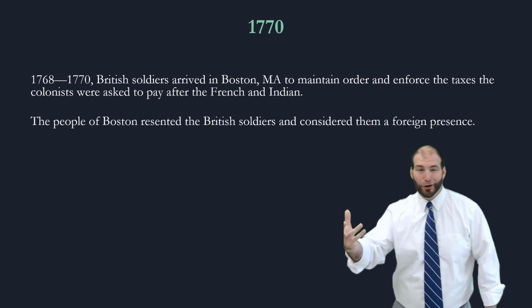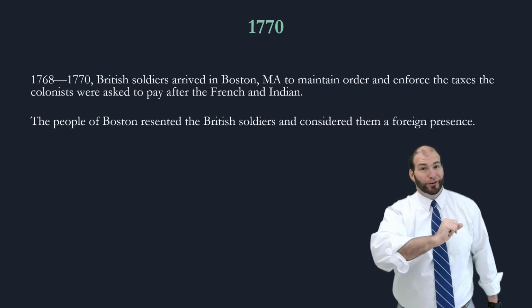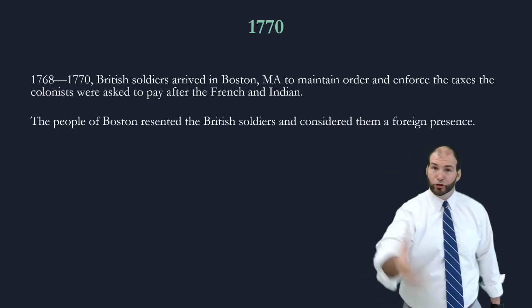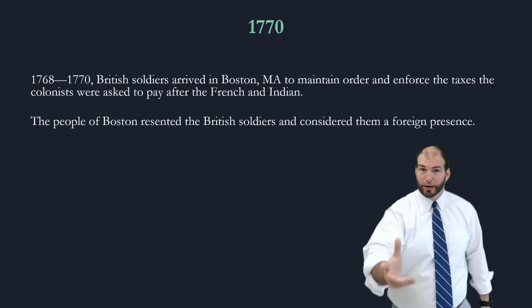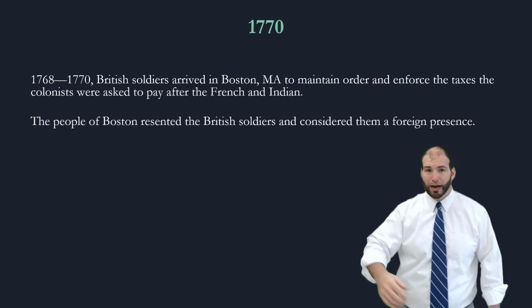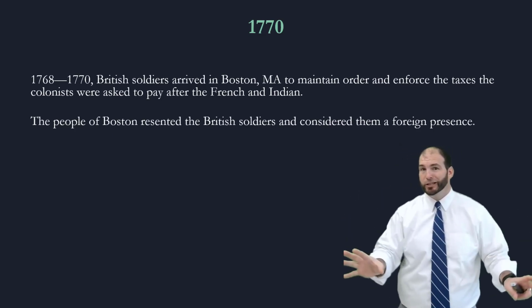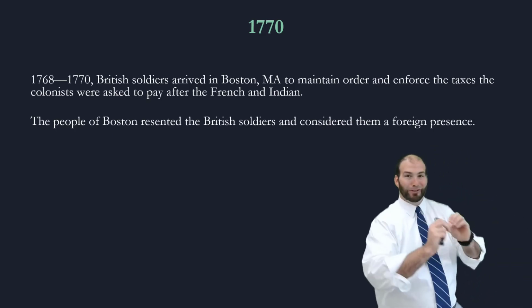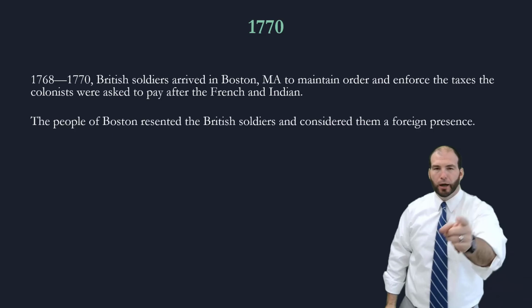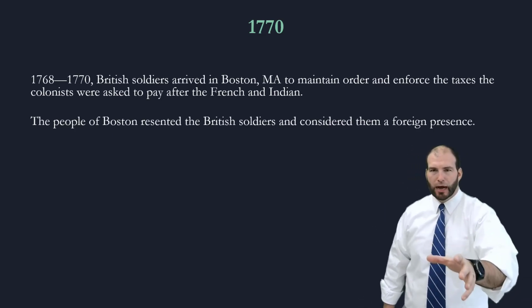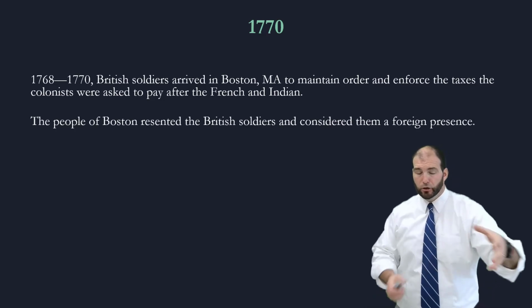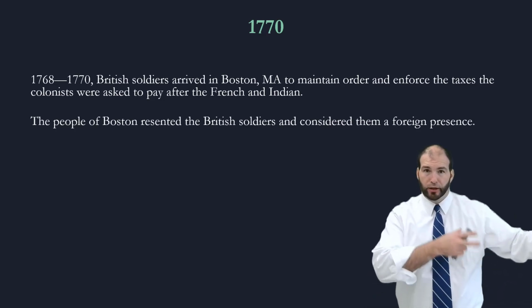A group of drunk people show up, and that happens quite a few times in American history. They start throwing snowballs at the Redcoats. The crowd gets bigger. Redcoats call for backup. It's a lot of he said, she said situations, which, if it wasn't a survey course, is a wild story to go into. But tensions rise, and the Redcoats open fire into a crowd of people that are throwing snowballs and things at them.